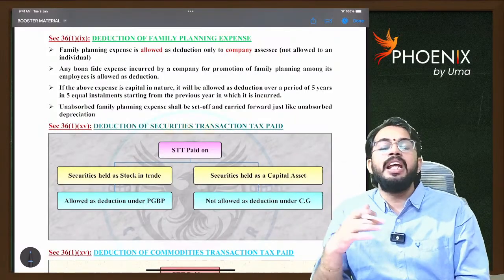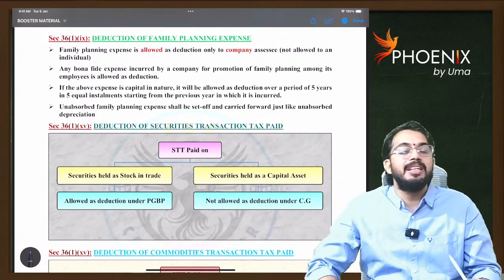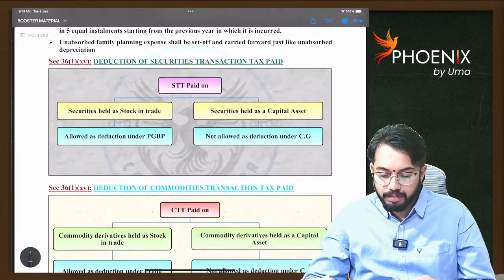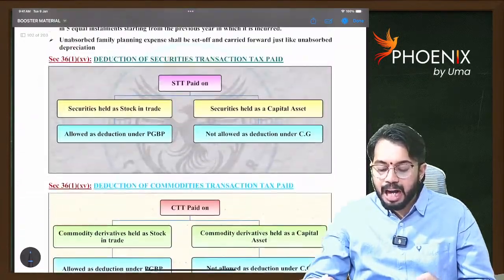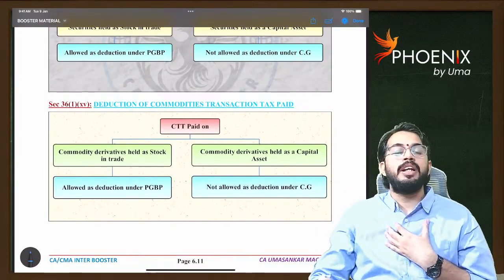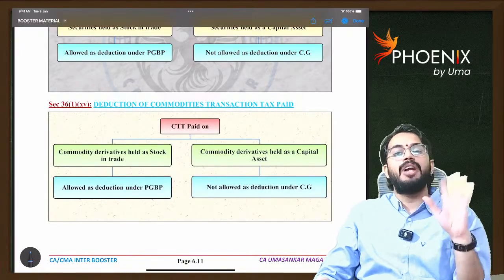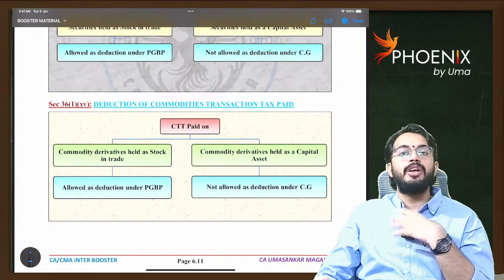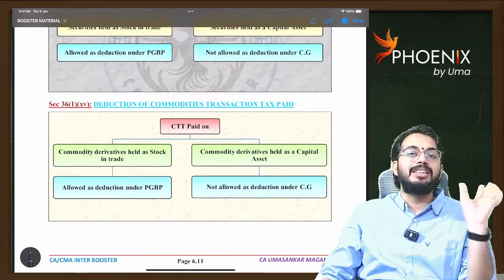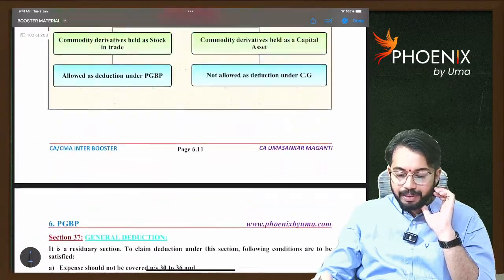Next, if there is any unabsorbed capital expenditure on family planning, then the tax treatment is the same as that of unabsorbed depreciation. Next, securities transaction tax, commodities transaction tax. See, if I hold securities as stock in trade, then whatever securities transaction tax I have paid is allowed as business expenditure. If I hold securities as a capital asset, then securities transaction tax is not allowed as transfer expenses. Same is the concept with